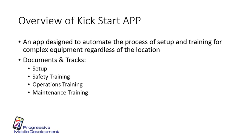An overview of the Kickstart app is pretty straightforward. It's an app that's designed to help companies automate the process of setting up and training for complex equipment, regardless of its location. It documents and tracks the setup, training on safety, training on operations, and training on maintenance of